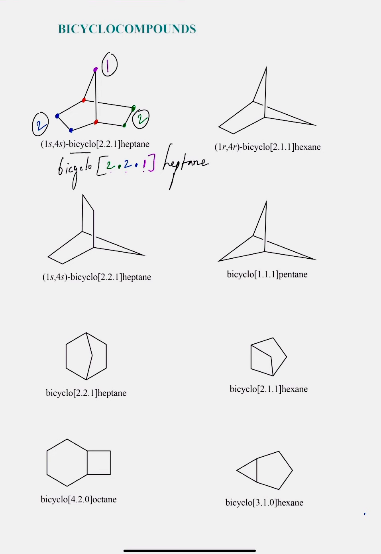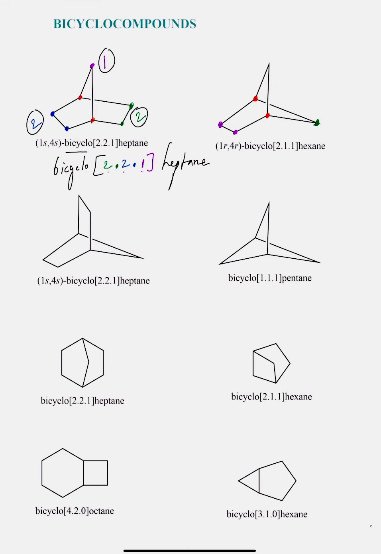Let's proceed with the other structures. What about the next structure? Let us see. Let us apply the same principle. We first identify the bridgehead carbons, these red carbons, and then we see how many carbons are attached to the bridgehead carbons. So these are 2 purple carbons, 1 green carbon here, and 1 blue carbon here. So if I write in descending order, first comes 2 purple, dot, 1 green, dot, 1 blue. And then I put square brackets around it, and in front of it I write Bicyclo,